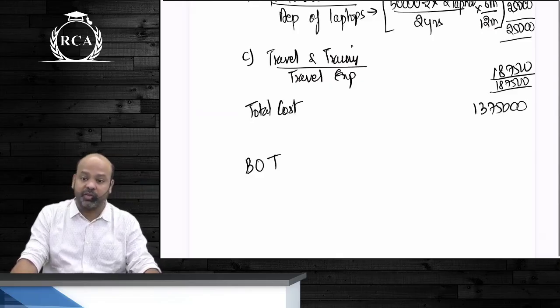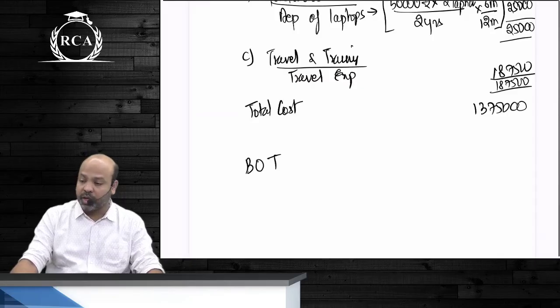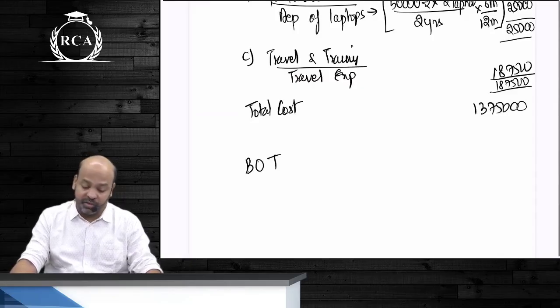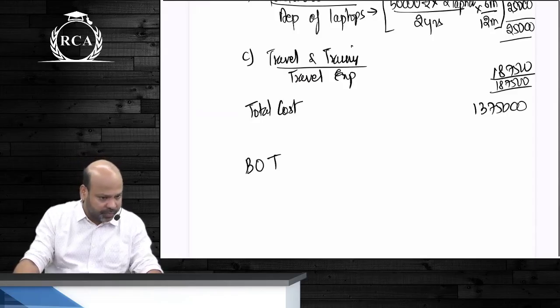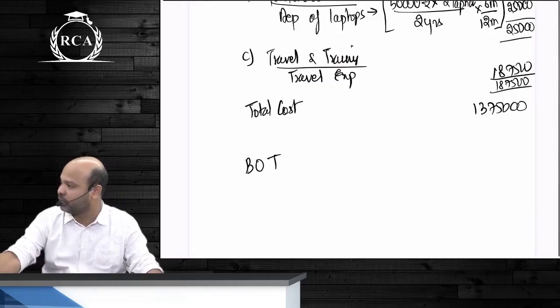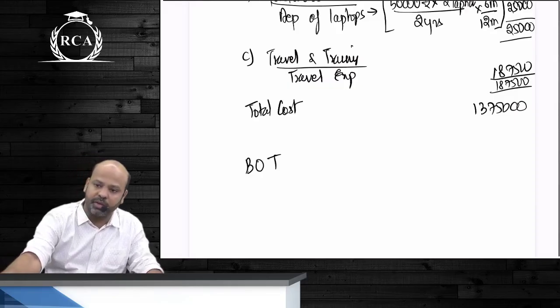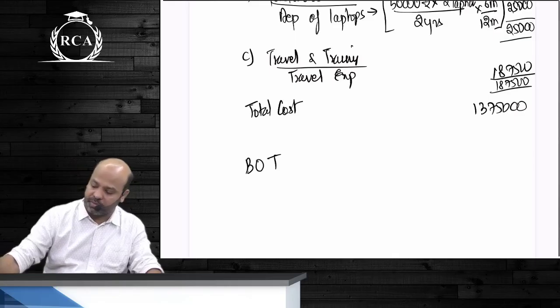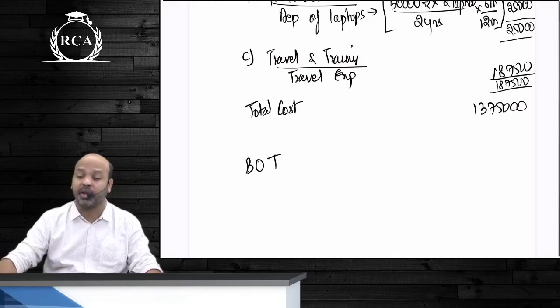Obviously, he is incurring expenditure out of his own pocket. Against that, he receives a right, guys, to operate the project for a specified period of time. And then at the end of that project period as such, beta, the ownership of the asset, matlab the right to operate the asset, will get transferred to the government. The contract can be given for a period of 25 years. The contract can be given for a period of 30 years, depending on the expected revenue realizations as such, beta, from that specific project.